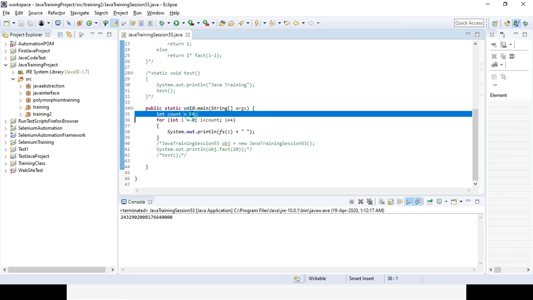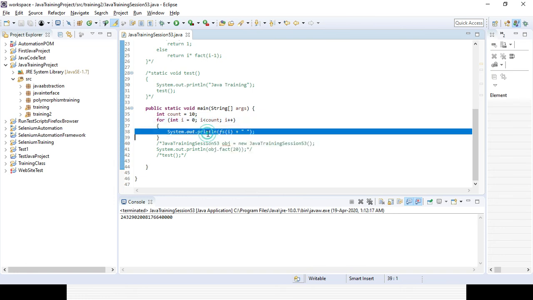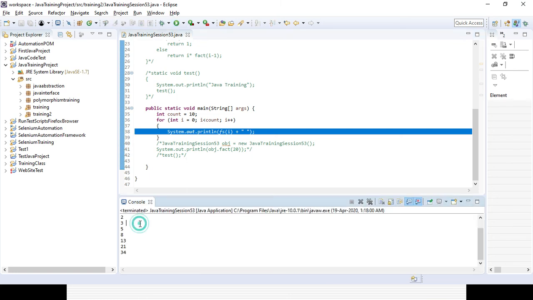So here in the main function I want to get that series for 10 numbers, so I will give the number 10. I am using the for loop, so it will go from 0 to count. It starts from 0 and goes till 9, because i equal to 0 matches with 0. And it will give me the numbers using the Fibonacci series method you have created. If you run it, you can see it is coming, right?